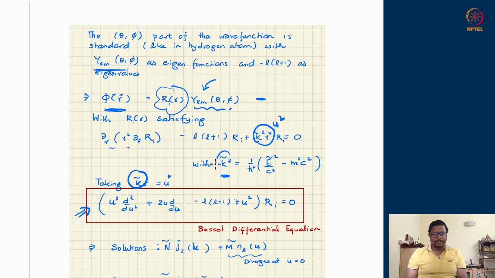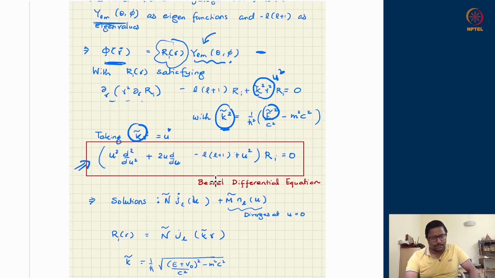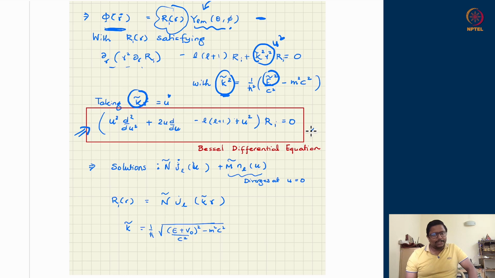Since I have written in terms of k tilde, the E tilde has appeared over here. E tilde was E minus V, which is equivalent to E plus V naught in the region 1 and equal to E in the region 2. So that's all. And the Bessel differential equation you might have seen, or if you have not, just look it up. The solutions are the Bessel functions of various kinds. So I am writing in terms of Bessel and Neumann functions if you are interested in knowing the nomenclature, but Bessel functions of two kinds, J_l and N_l.